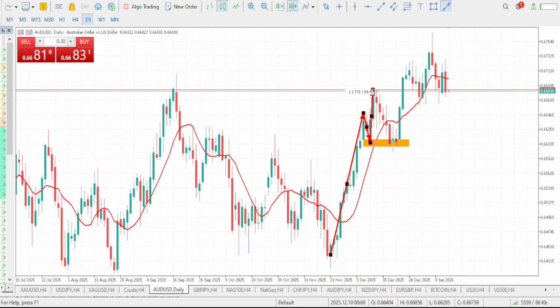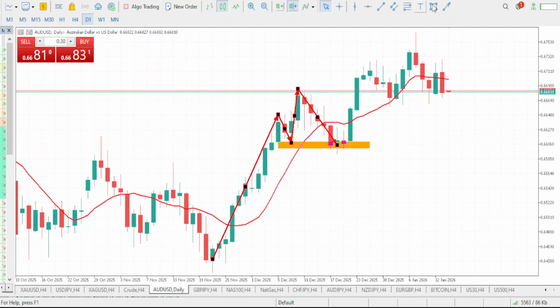Markets eventually formed a new high, and here comes the pullback right here, which is an equal higher low right here. So markets formed a new higher high, which made markets take out this previous high, and here comes the higher low right here. Then markets eventually pushed up again to form a new higher high. You can see that the new higher high took out this previous high, and here comes the higher low right here. This is the higher low.